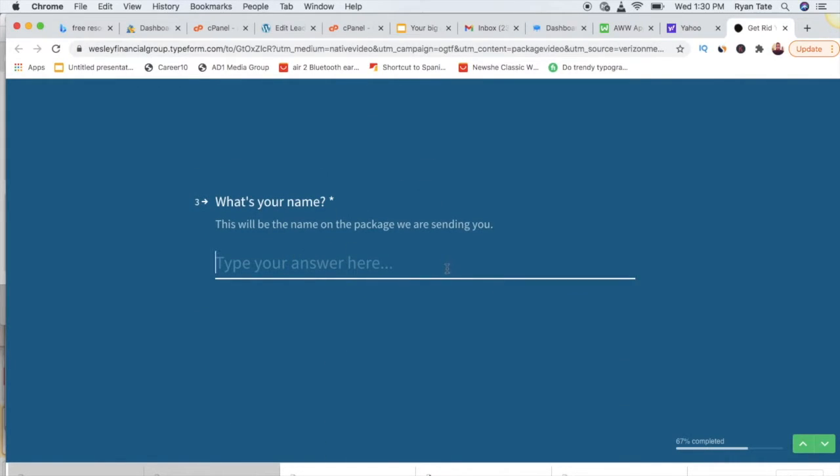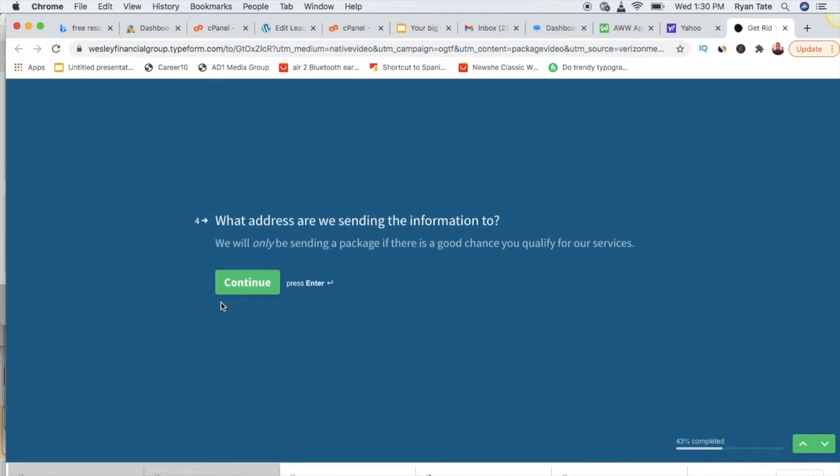fill out all this information, this is a web form. This is how simple it can be. It doesn't have to look like your typical opt-in form that most people are used to seeing, where it says enter your name. You can do this as elegantly and as sophisticated as you want, as long as you're capturing this information. So you see that they're capturing this person's name, and then they capture their mailing address. I'm not going to enter my address because I don't want you guys to see my mailing address, but they're capturing all this data because they want to be able to follow up with their client or the lead in